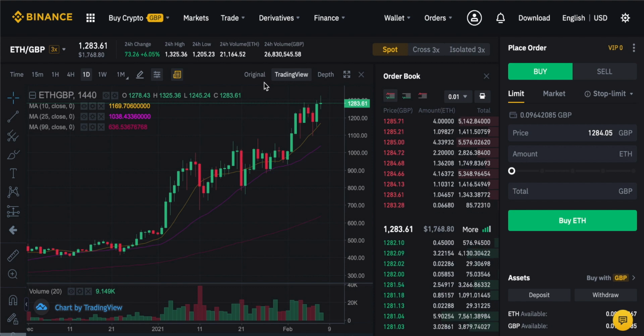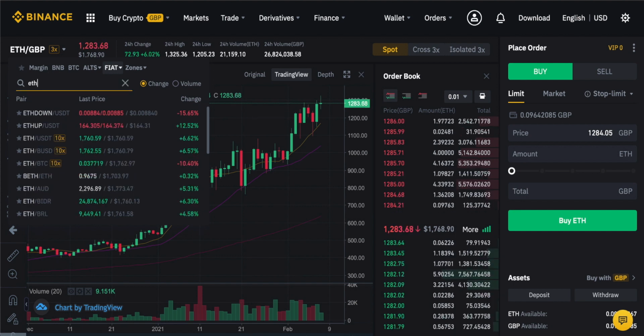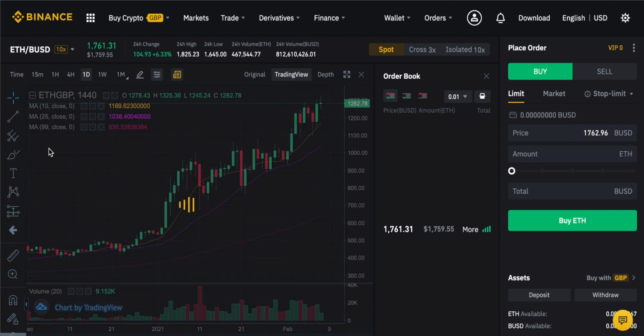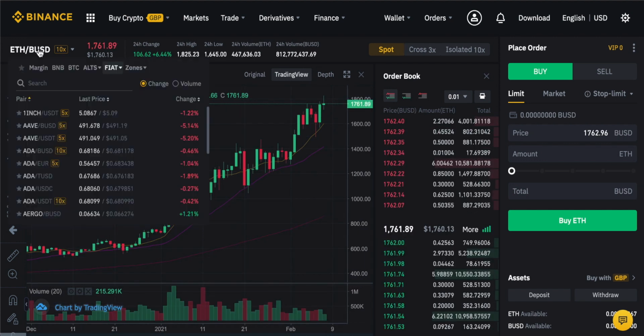If you're in America, then I don't think it's possible to directly trade US dollars against Ethereum. So you might want to look for either BUSD, USDT, or BNB, like I said. Let's type that once more then. So I'm just going to put ETH. And you can see here, USDT and BUSD, they're going to be exactly the same price. So you can go and trade those markets if you want, and it will give you those prices differently. Let's just keep it on BUSD for now because it doesn't matter what we're trading against.